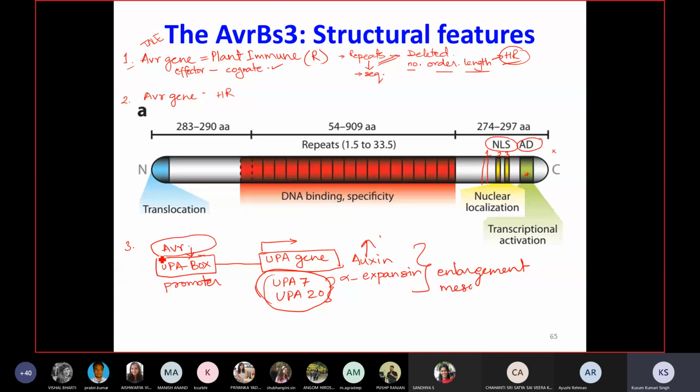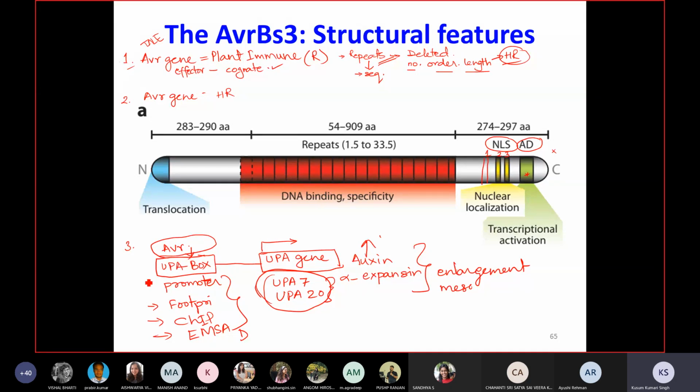Once they did these experiments, they proved it with the help of footprinting assays. Then they proved this as well from the ChIP assay and also with the help of EMSA. So all these experiments they did to show the direct binding of your protein with your promoter sequences, the conserved sequences. Now, as soon as they found that all these avirulence genes are binding to UPA boxes, on close observation, they